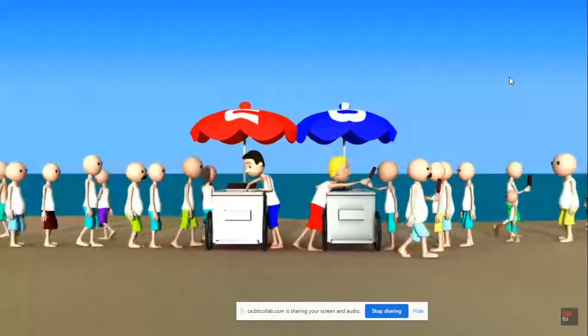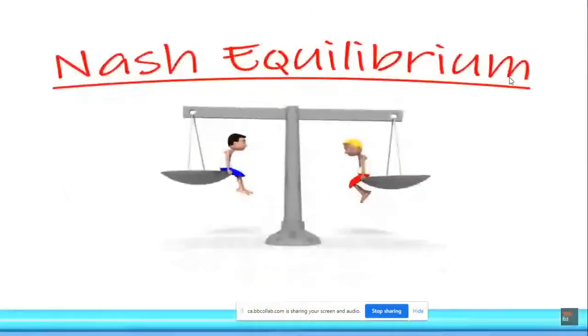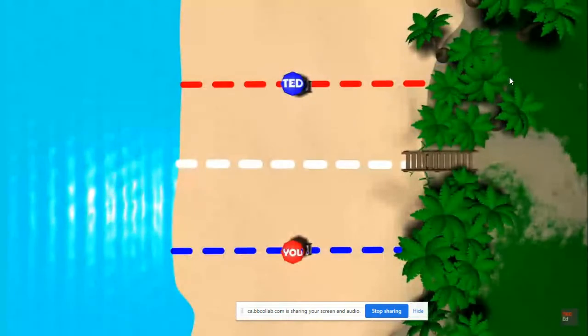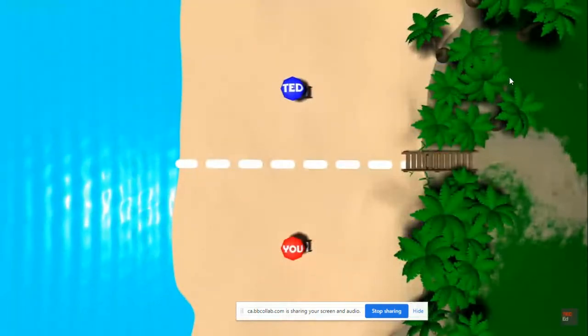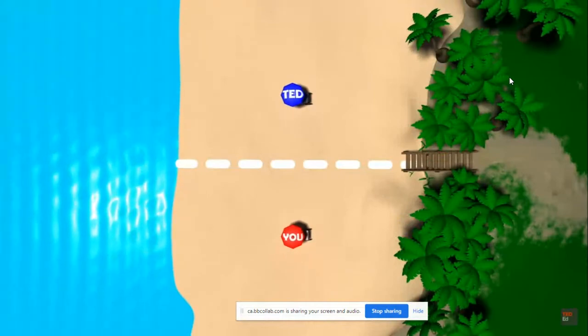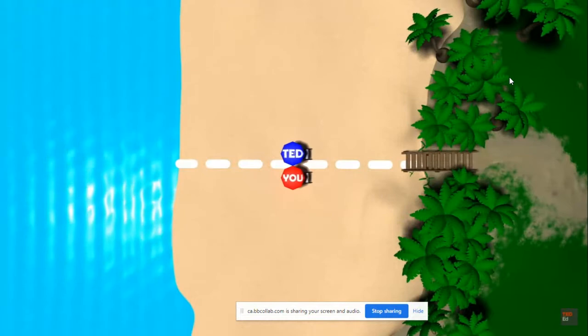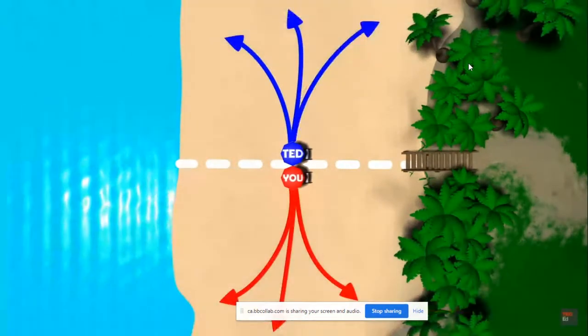At this point, you and your competitive cousin have reached what game theorists call a Nash Equilibrium, the point where neither of you can improve your position by deviating from your current strategy. Your original strategy, where you were each a 1/4 mile from the middle of the beach, didn't last because it wasn't a Nash equilibrium. Either of you could move your cart towards the other to sell more ice cream. With both of you now in the center of the beach, you can't reposition your cart closer to your furthest customers without making your current customers worse off.